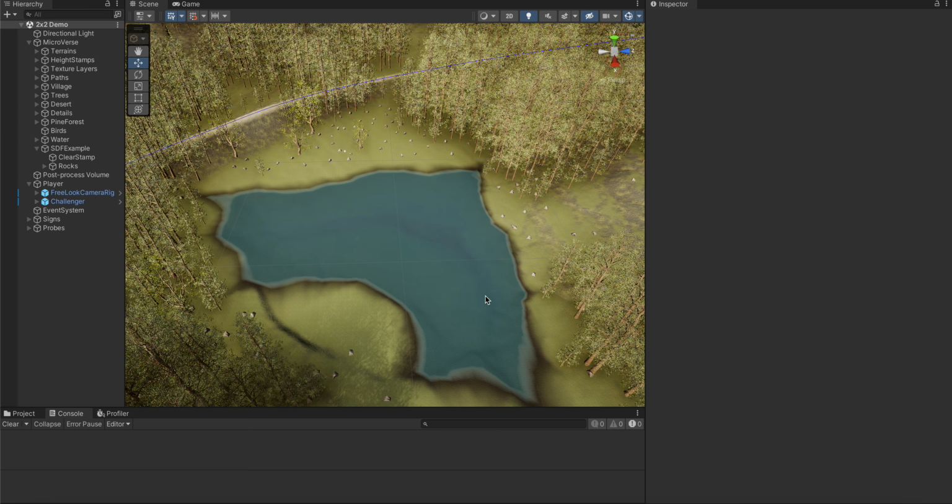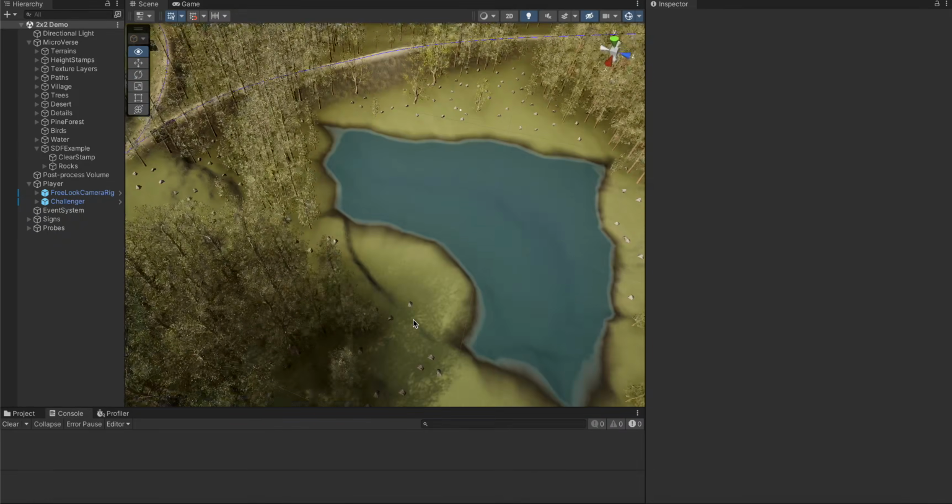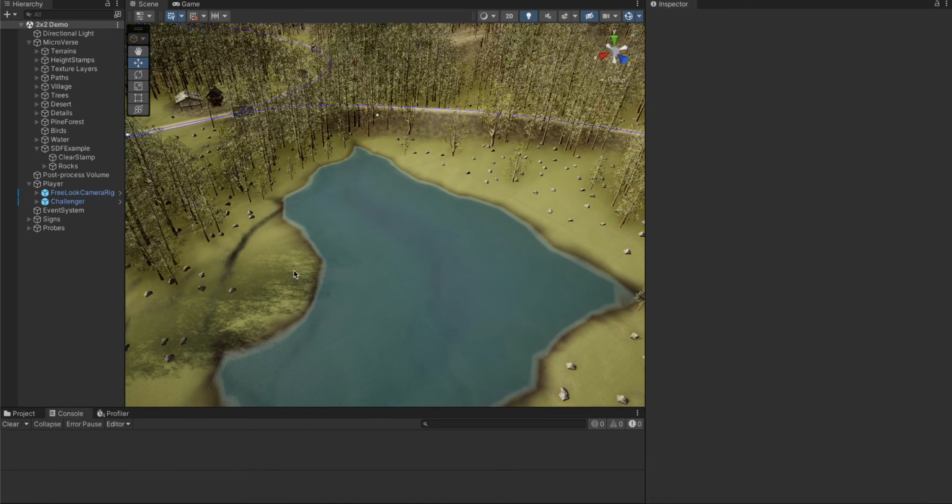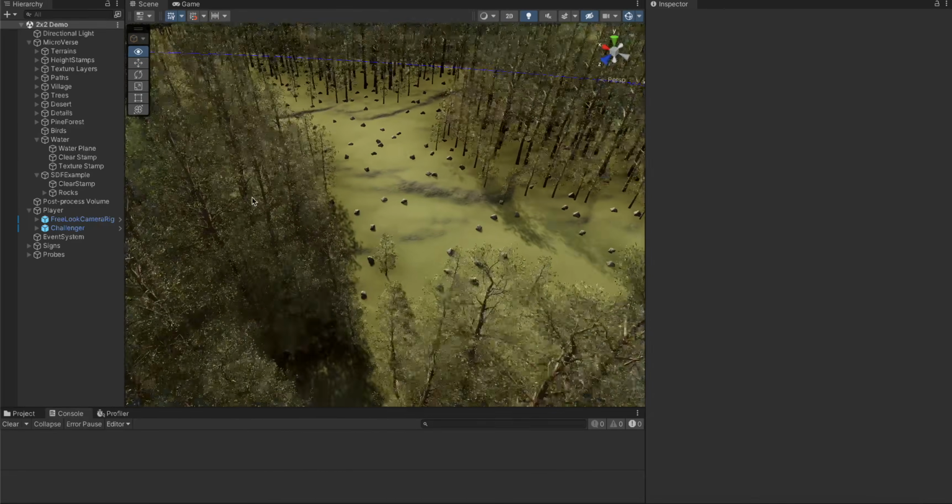It now has some water in it. It's not the best looking water. It's just something to throw in there to show off some concepts. And there's a number of interesting things in use here. First of all, we just have a water plane over the whole level, and that extends out. If I zoom out here,